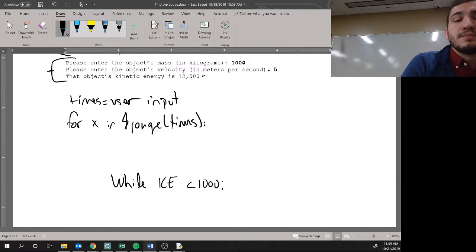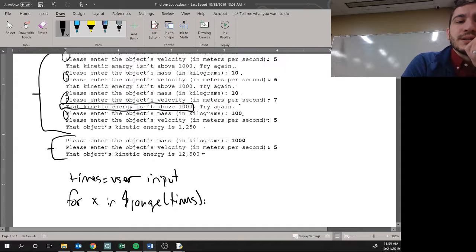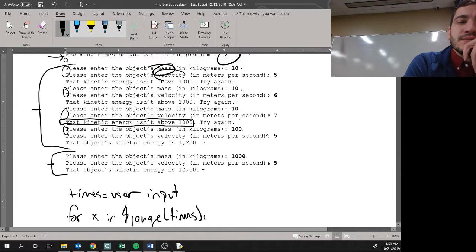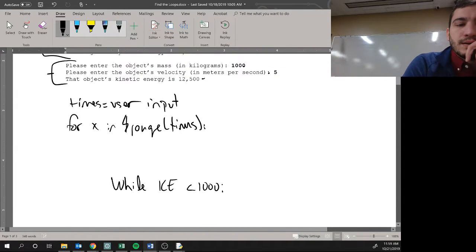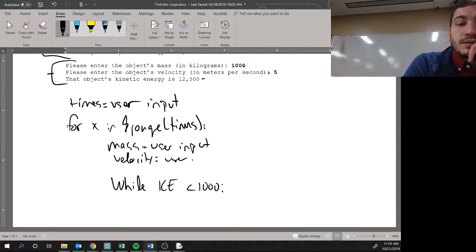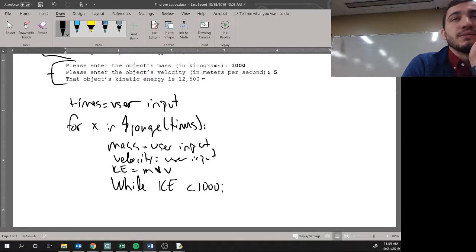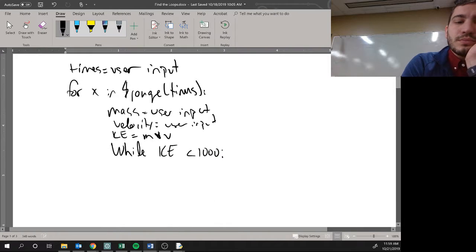I don't know what else I need, but then I notice, all right, so I'm asking for mass and velocity, so I'm going to need mass, which is a user input. I'm going to need velocity. And kinetic energy, obviously you don't have the formula for kinetic energy, so we're just going to go kinetic energy is mass times velocity, even though that's not right. And while kinetic energy is less than 1,000, we're going to ask for these